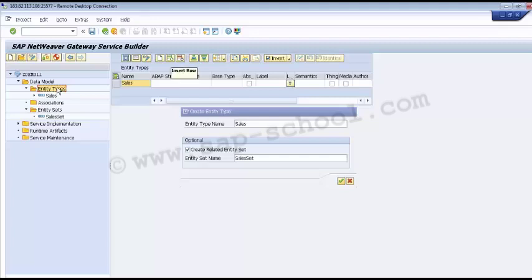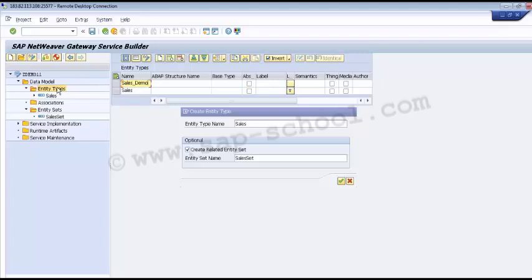Say I go here and click on insert row, I can add the entity type here. In the name column, we have to enter a unique name for the entity type. Say I add sales underscore demo.